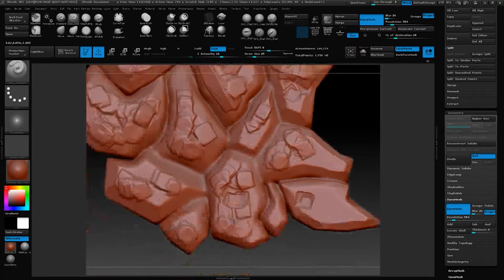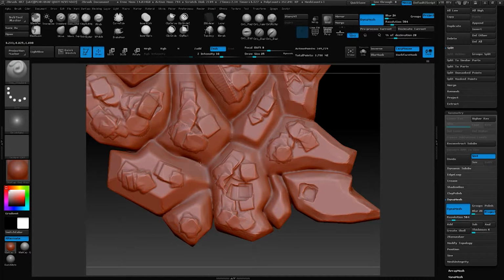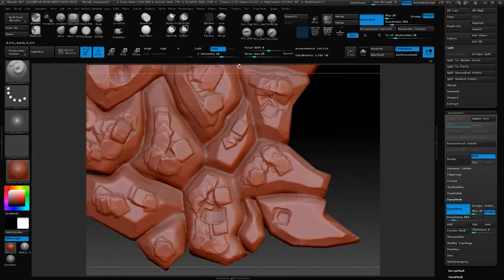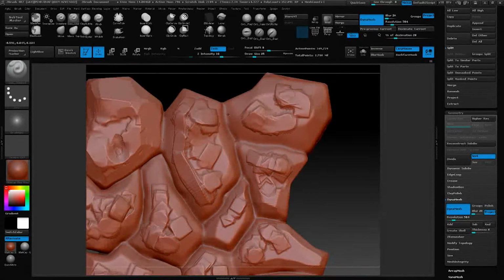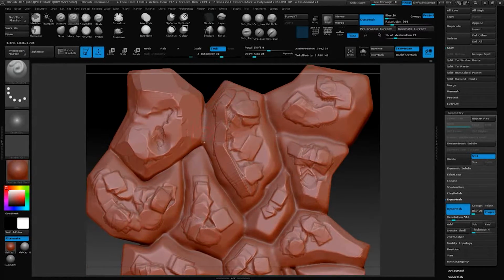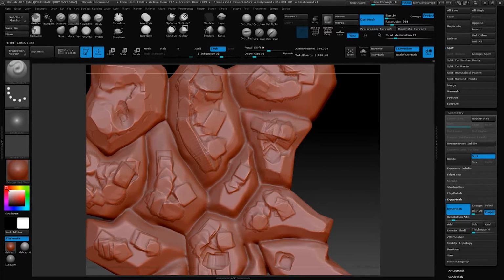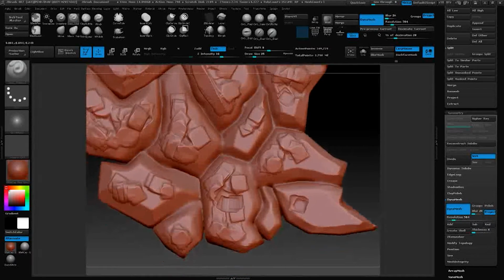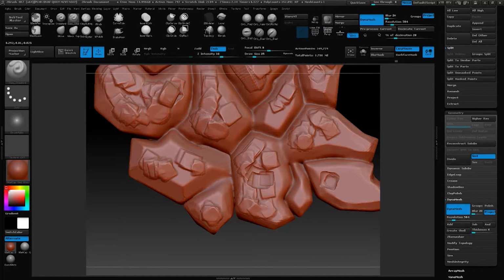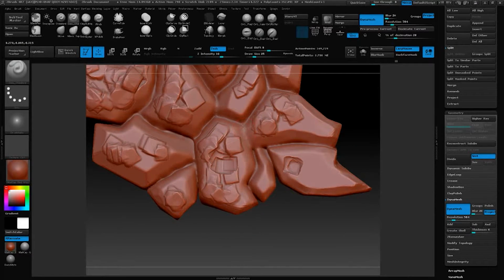And now I'm using the Dam Standard brush. It's another great brush. If you watched any ZBrush tutorials, they probably talked about it. It does nice cuts into geometry, but it does it smoother than, at least from my experience, another brush similar in that it can make these cuts called Slash. But with Slash, I found that it cuts deeper and more dramatically, and when I go to use my Decimation Master at the end so I can get something that's exportable and that I can bring in to do a transfer,